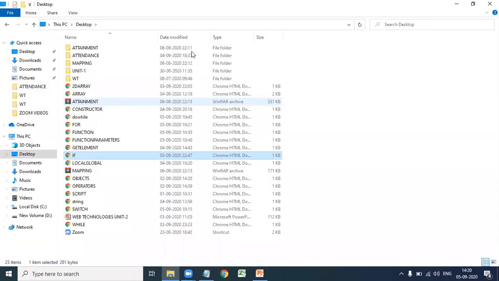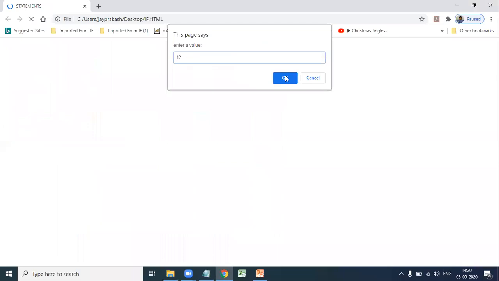Suppose you enter an even value. If you refresh, again it asks for another number, enter a value 13, that is odd. So based on input, if the input is an even number, the output is displayed as even. If it is an odd number, the output is displayed as odd.